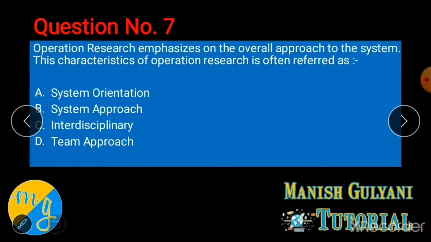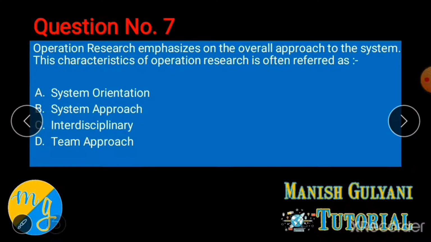And the fourth characteristic is holistic approach. Holistic approach simply means that while arriving at a decision, the OR team examines the relative importance of all conflicting and multiple objectives and the validity of claims of various departments of the organization from the perspective of the whole organization. In simple words, suppose your problem is sales maximization, so the OR team will not consider only the sales department, it will also consider the purchase department and finance department as well. Reason being, OR teams believe all departments are interrelated. So that's why it's called holistic approach, whole approach.